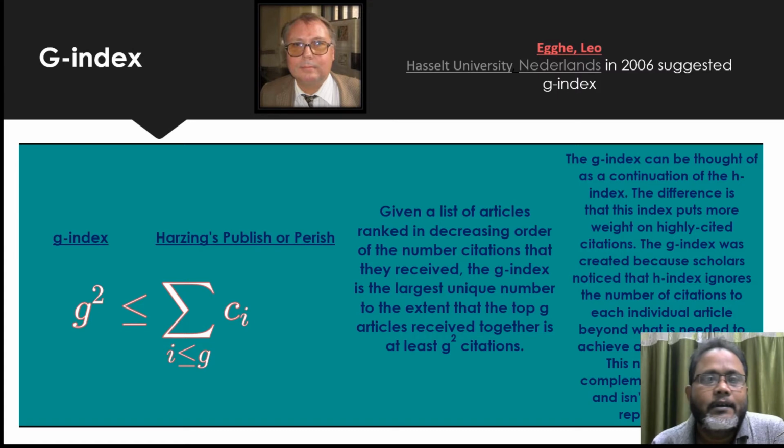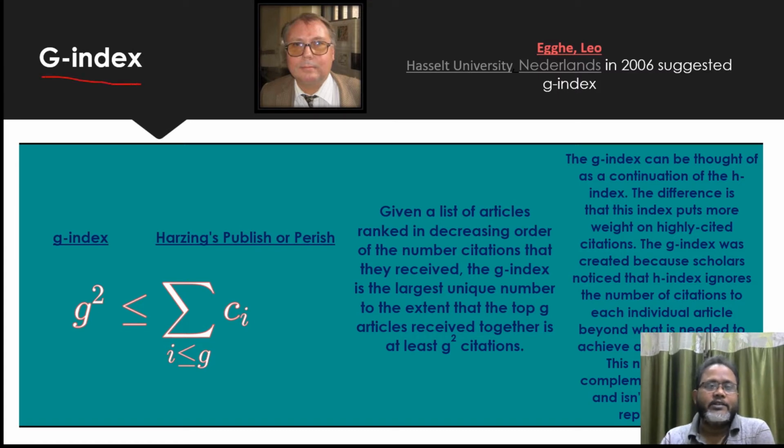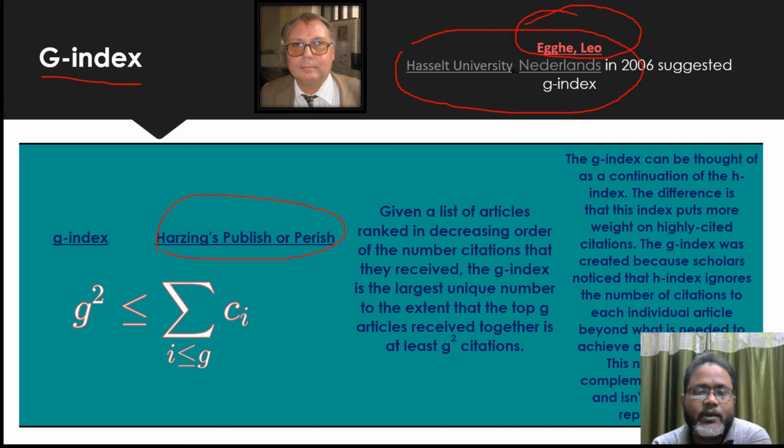And then we got the G index by Leo Egghe, from Hasselt University, Belgium. In 2006 he suggested the G index. The G index is defined as G squared less than or equal to the summation of Ci, for i less than or equal to G, and it is based on Harzing's Publish or Perish. And what is Publish or Perish? Publish or Perish is a Windows software, and it